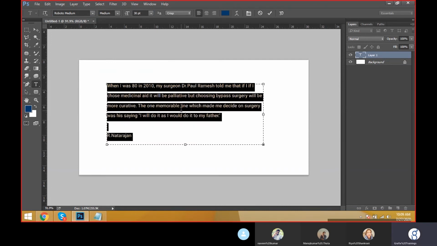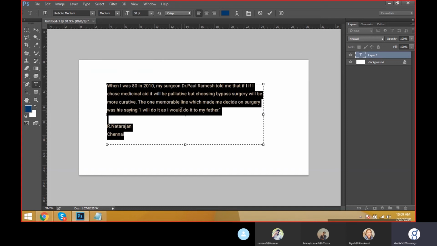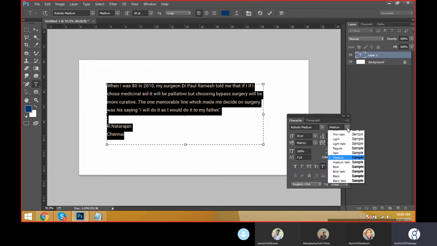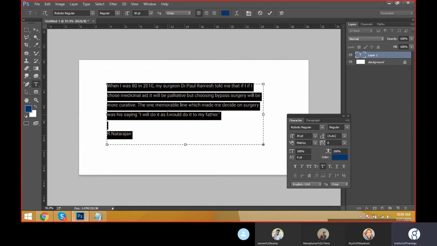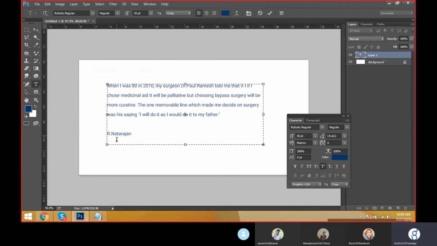And Alt down arrow and up arrow. Already I told you, friends, or otherwise go to the character panel, click the regular, and click the 0 auto. Automatically it will be done. And we have some more text there, but see, the string line, you can move it, then automatically you can see.